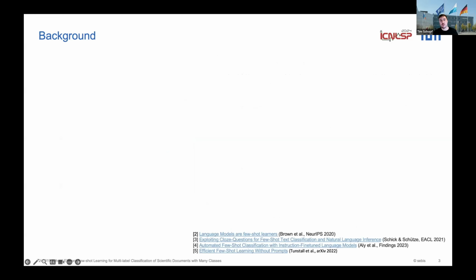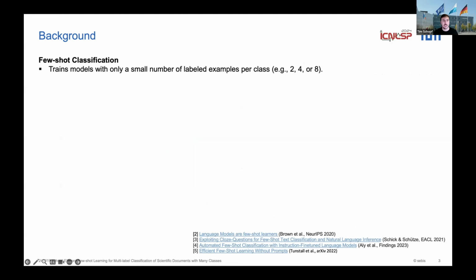Before I introduce our approach, I want to talk a bit about the background that is needed to understand this work. Firstly, few-shot classification is an approach to train models with only a small number of labeled examples per class, let's say 2, 4, or 8 examples per class, and this reduces the cost and also the time needed for data annotation and allows to quickly adapt models to new domains or tasks.